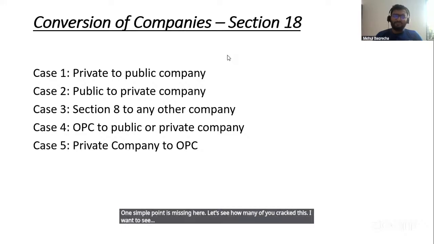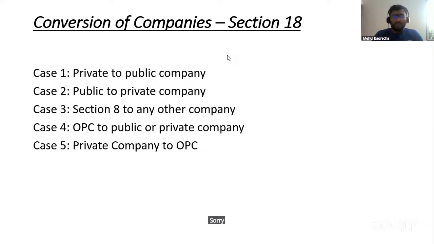Liability. Liability remains the same, no? Limited by shares itself. Nothing changes. Not a single person. Capital. What's up with capital? Authorized capital will change? Is that what you're trying to say? No, it may not. Anyone? Sir, Object. Guys, think. Not a single person?